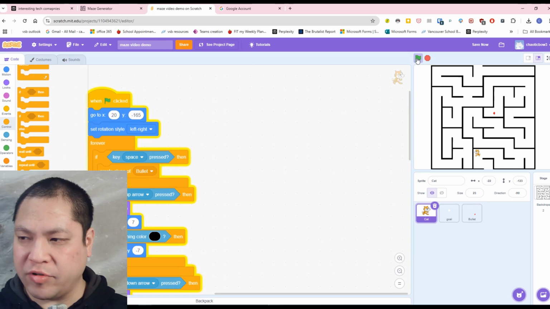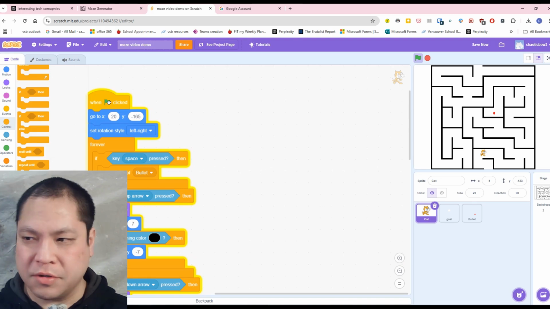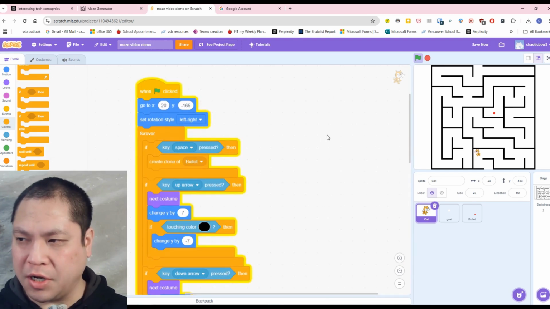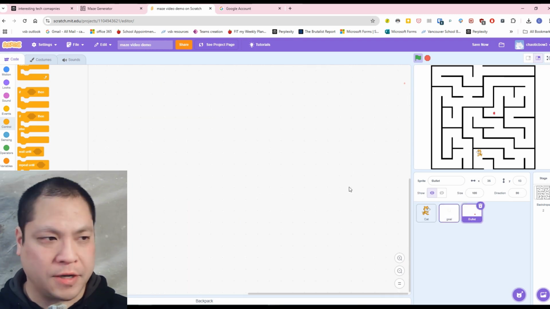And if I press space, nothing happens. Okay, so what we want to do is actually, did something happen? We don't know where it is. It's probably up here where it by default went. So I need to go into my bullet and do a couple of things to kind of clean things up here. Okay, so in my bullet,